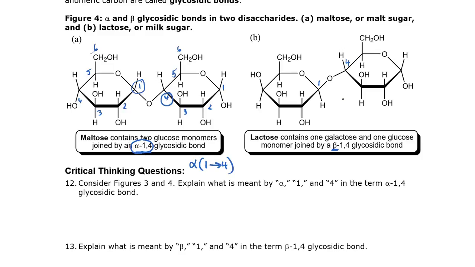Okay? You should be able to recognize these disaccharides. Given any random disaccharide, you should be able to tell what kind of linkage it is. Is it alpha or beta, and which carbons are connected? So you could do this kind of nomenclature for the glycosidic bond.